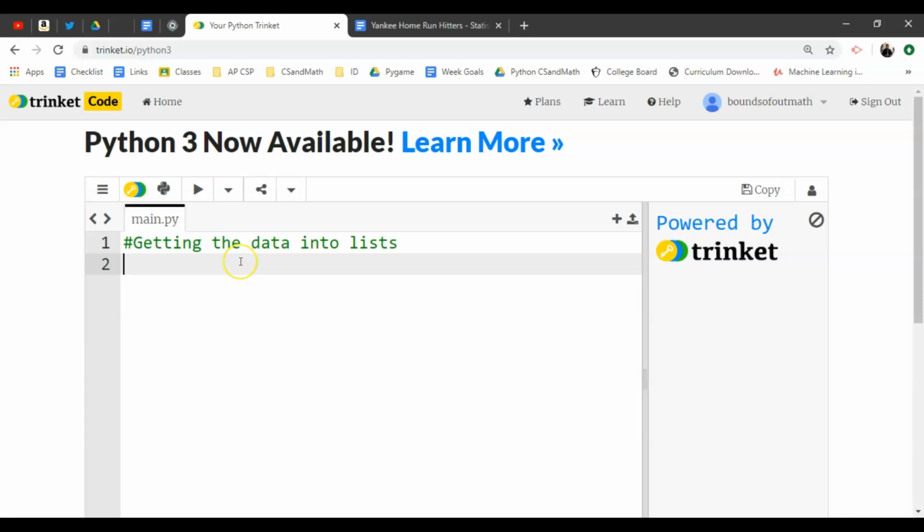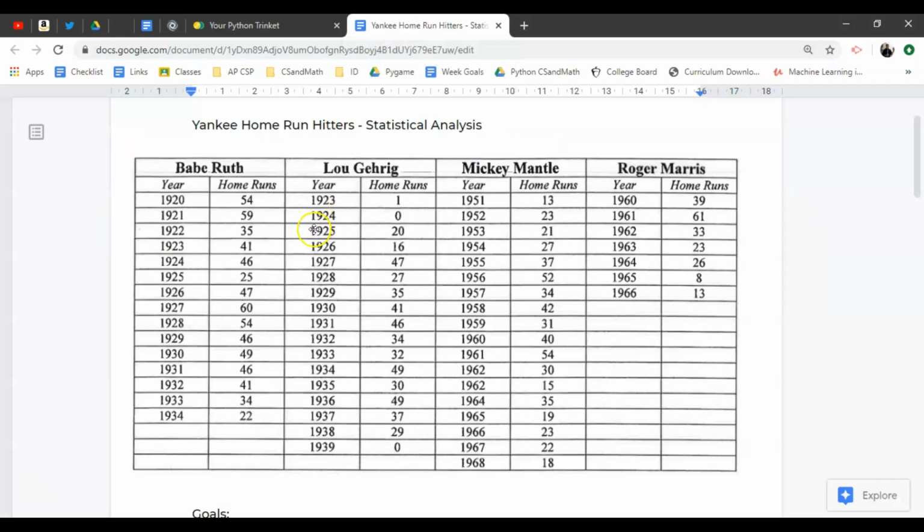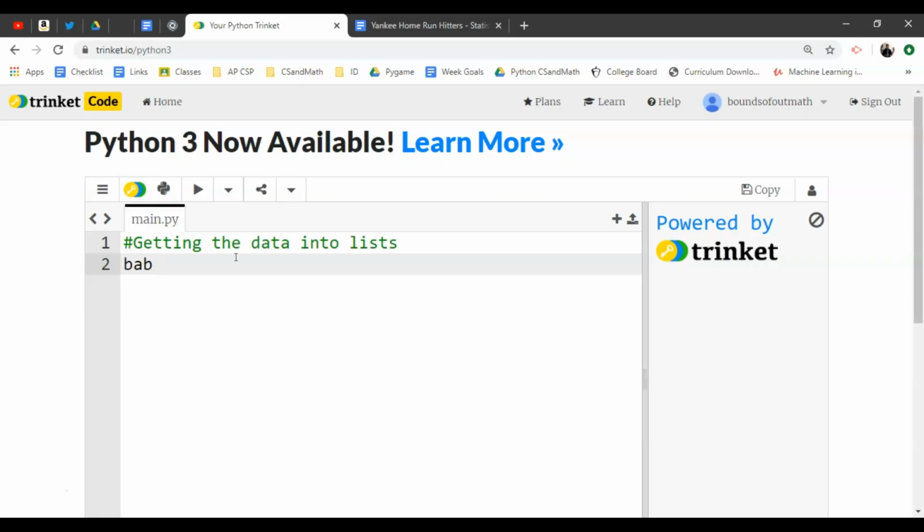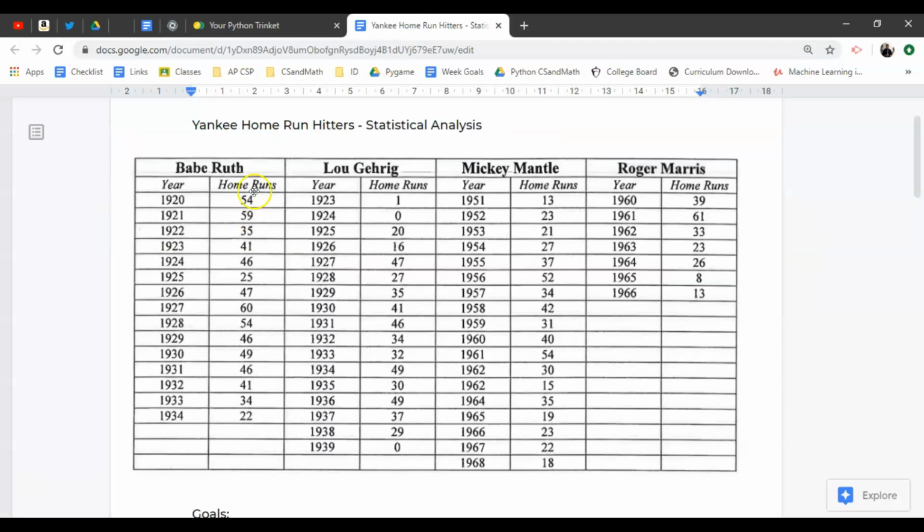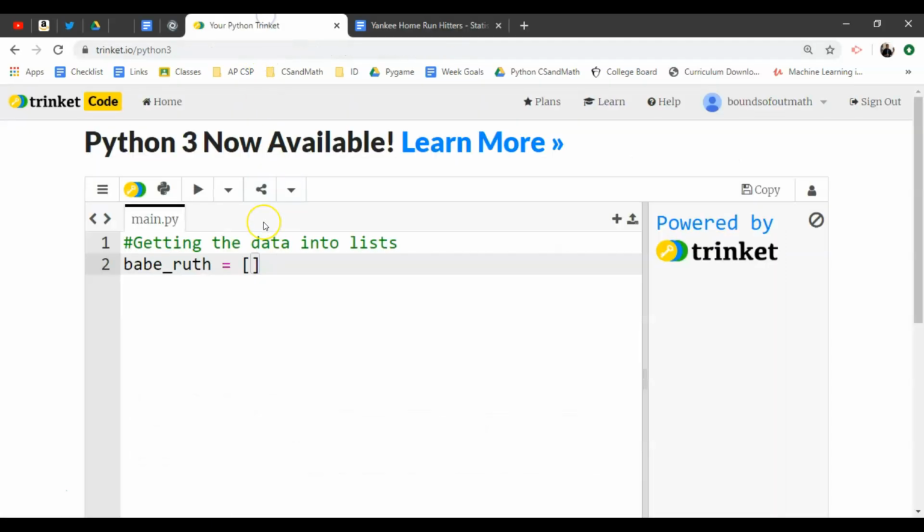So the first thing I want you to do then is to get the data into lists. Now, I was going to have us import this file. It's actually quite a bit of work though, so I thought it would be easier just to show you that if it's not too much data, this is kind of on the edge, you can just manually enter it in. So if I wanted to do, for example, Babe Ruth, I'm a lowercase underscore type of person, but you can name it any way you'd like. Just make sure you have square brackets and a comma separating each value. Now the year doesn't actually matter, that's just to put context on what generation they were playing in. So 54, 59,